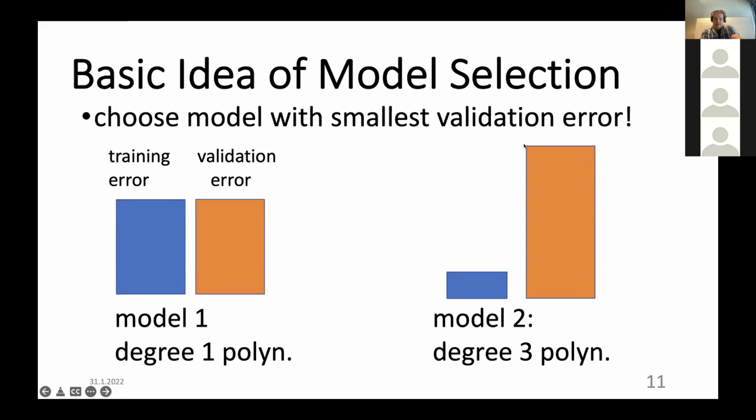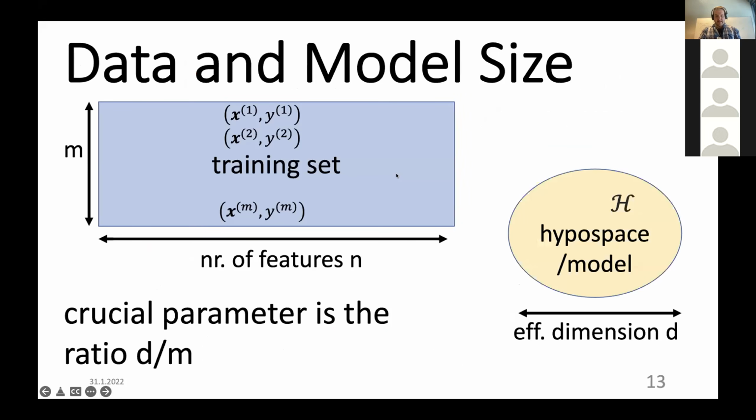So you just use a too large model or too little data. So it's this dual approach. The important thing, this is already the next slide here, the important thing is always to balance the size of the data. There are different measures for the size of the data. One measure is the number of training data points that you have, M in my notation, and the size of